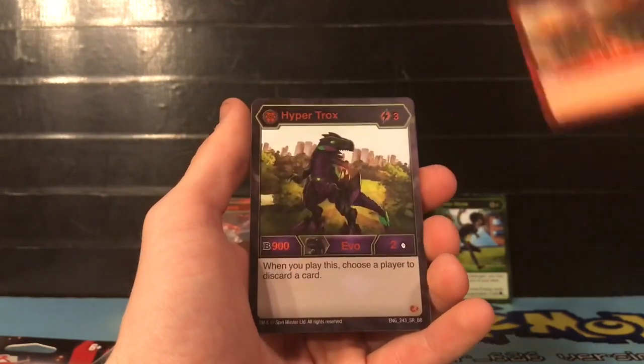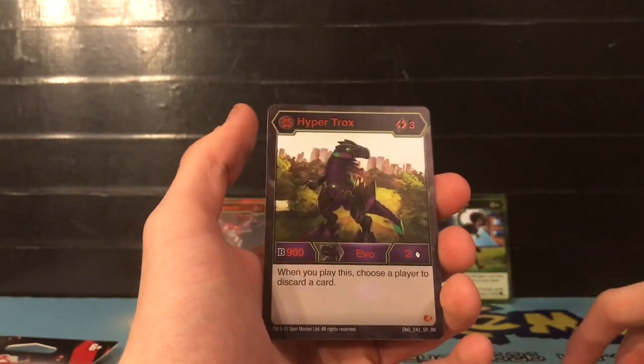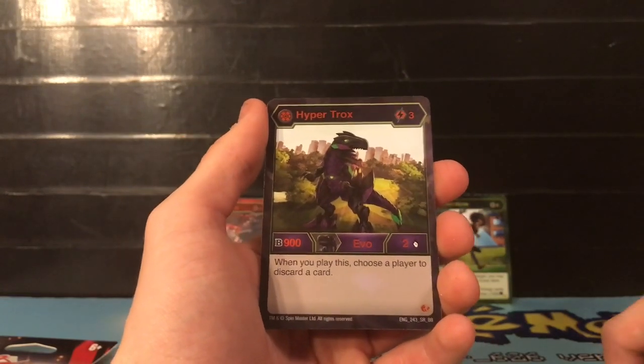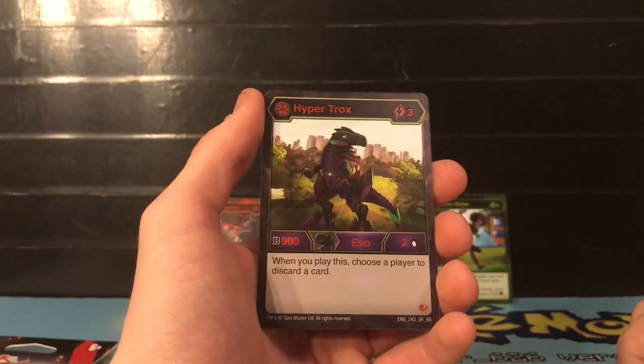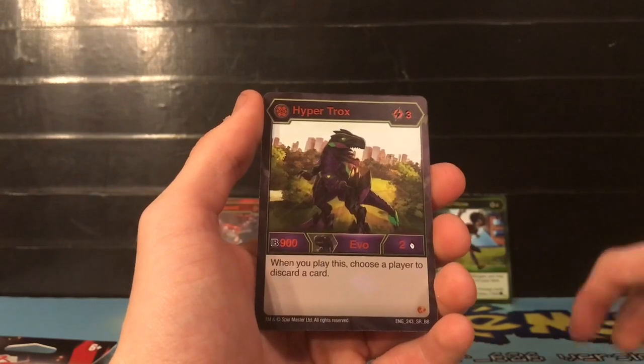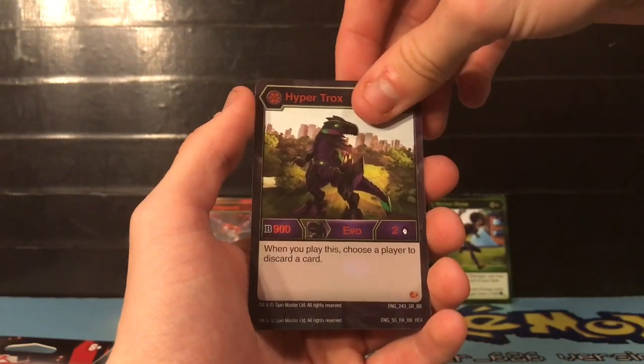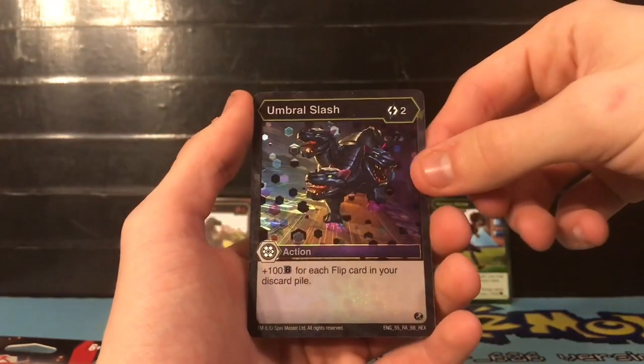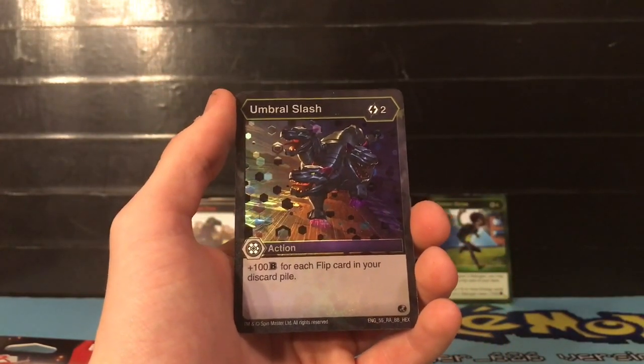And our next card is a super rare Hyper Trox. This is our 3rd copy of him. But for 3 energies, 900 B power, 2 damage. When you play this card, choose a player to discard a card. So not a bad one. And our next card is an Umbral Slash for 2 energies, plus 100 B power for each flip card in